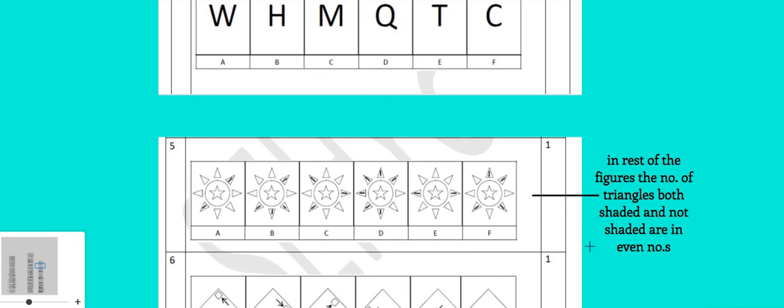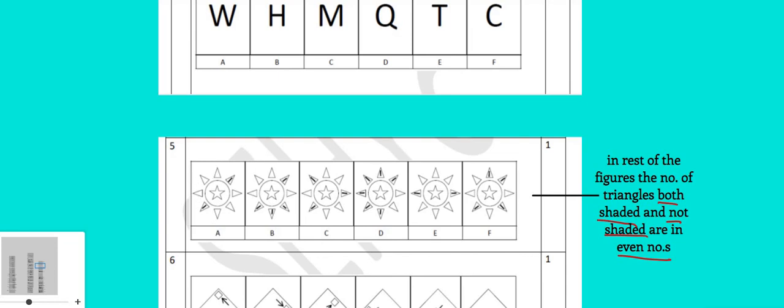So the common factor here, as I have written the answer, is that the rest of the figures, after we count each and every figure, create triangles, both shaded and not shaded, that are even in number. So when we count and get our answer, we'll notice that both the number of triangles that are shaded and not shaded